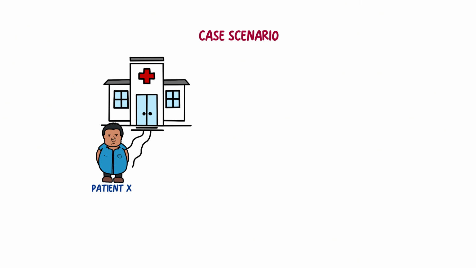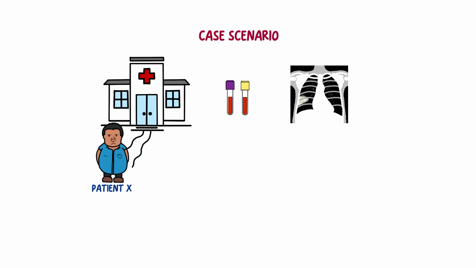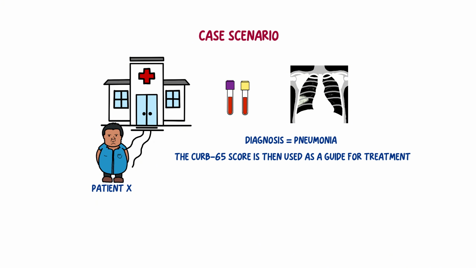Patient X comes to the OPD with a productive cough and fever. After taking a thorough history and conducting a physical exam, the doctor orders blood tests and a chest X-ray, which confirm that the patient has pneumonia. The doctor then uses the CURB-65 score to assess the severity and risk of mortality, guiding the decision for the